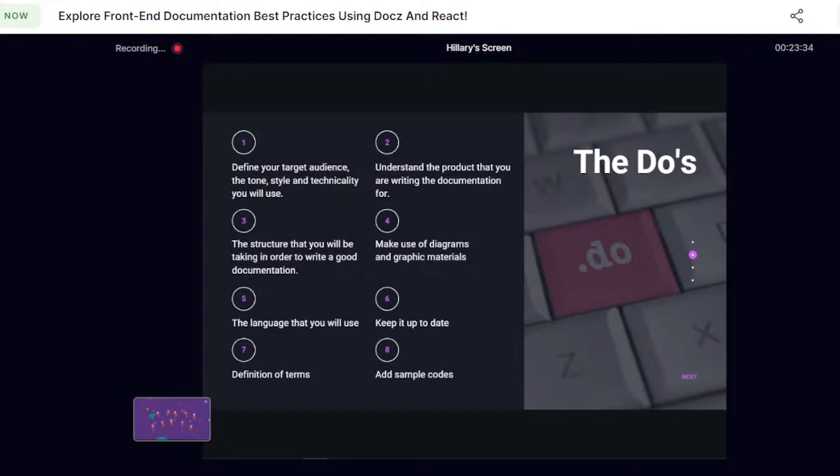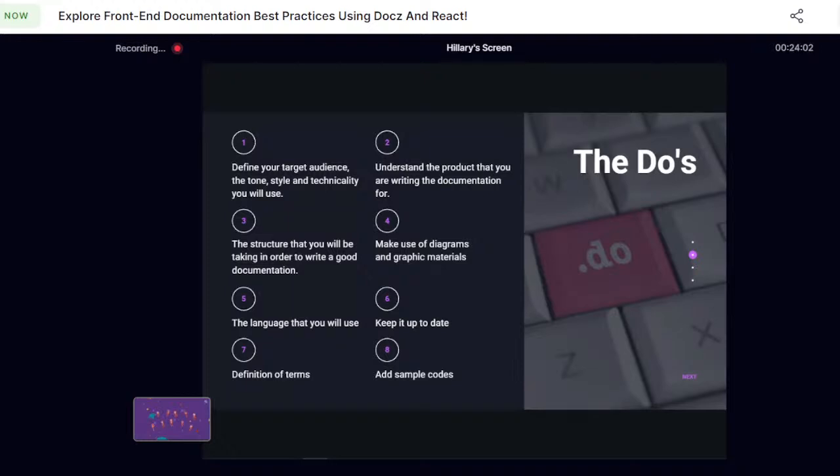There's no need for the person to go ahead and begin writing the code all the way from scratch, and you have the ability to ease that process of them writing the code by providing sample codes that will be easily copied from your documentation to their terminal, for example. So those are some of the do's that you should keep in mind when writing a documentation,